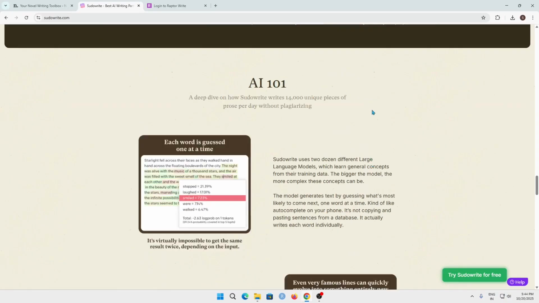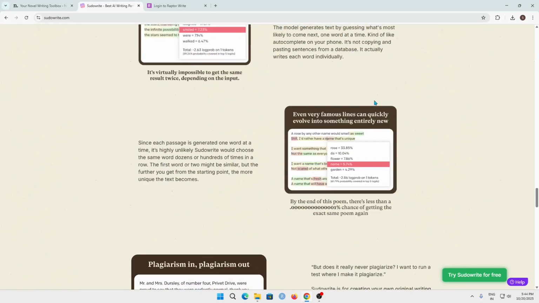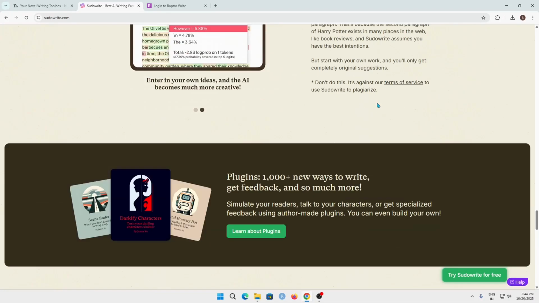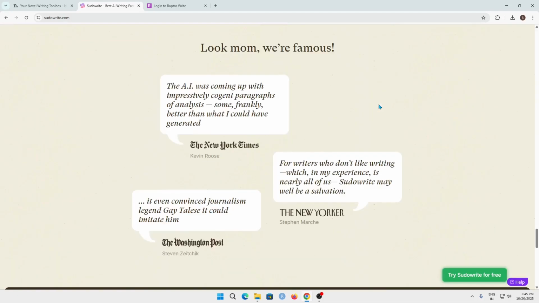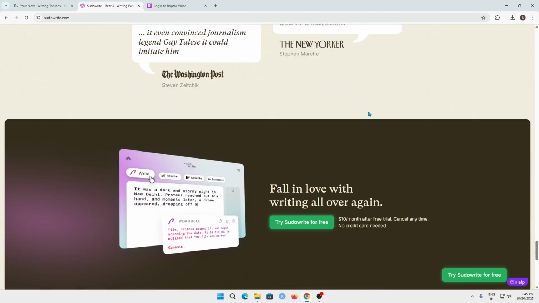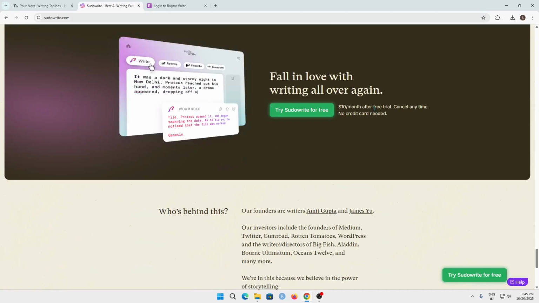AI 101, a deep dive on how Sudowrite writes 14,000 unique pieces of prose per day without plagiarizing. Nice. Some of the testimonials. Fall in love with writing all over again.